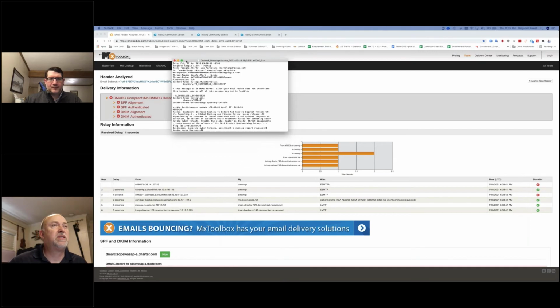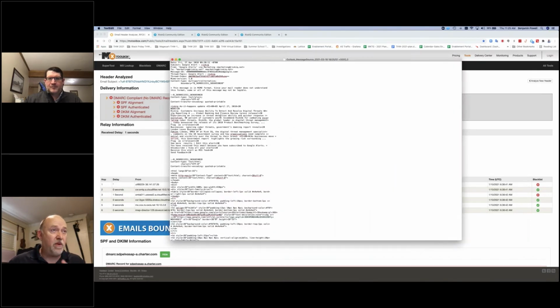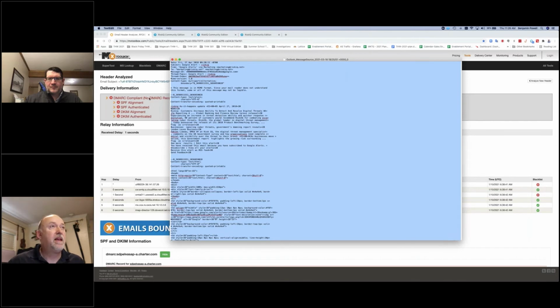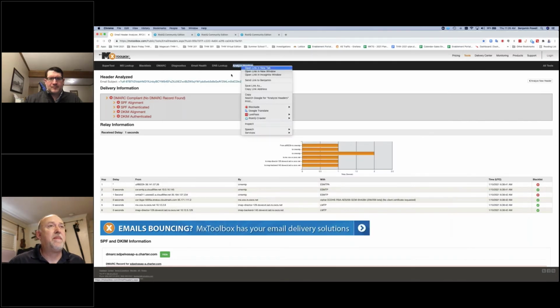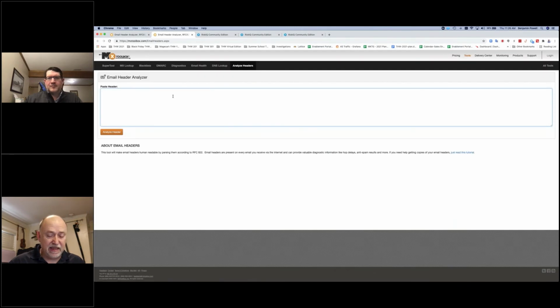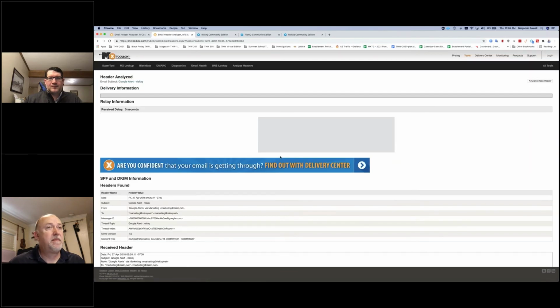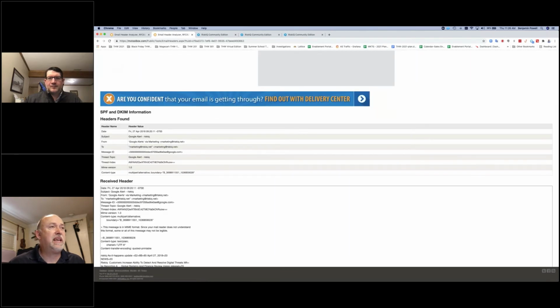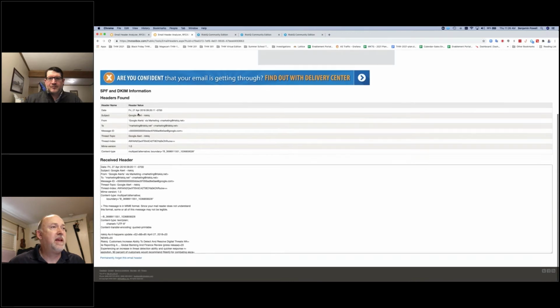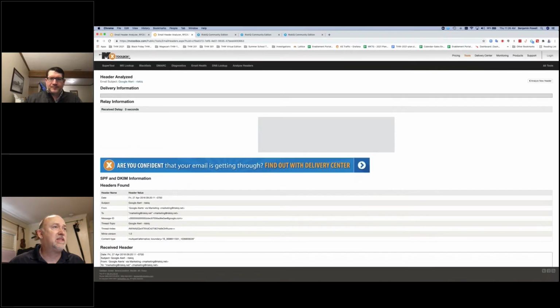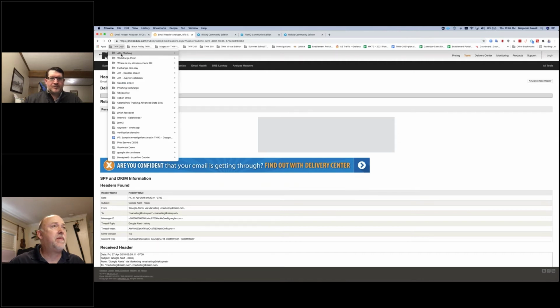So when you view a source, it looks like this. So if you copy it, and then let's look at analyzing the headers. So if I paste that in, this is a real email. You can notice who it was sent to, what's happened, and it gives you the breakdown. So everything looks fine on this. There's nothing weird, but you can view the information and check to see if there's anything that wasn't right. The Google one, let me bring that one up.